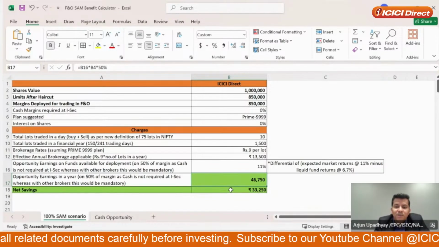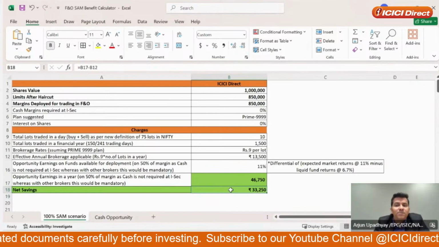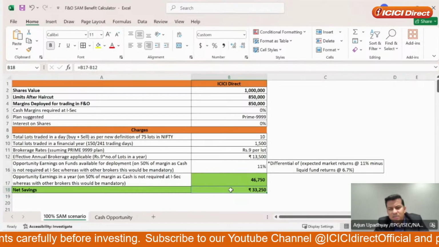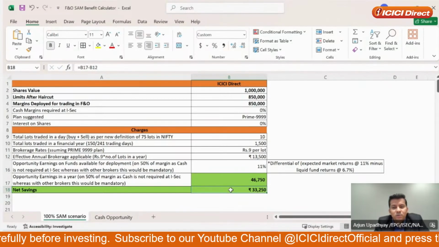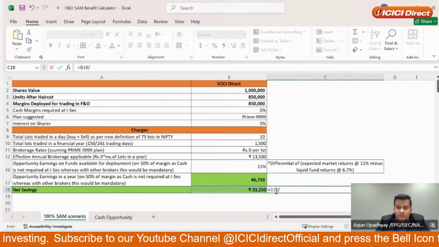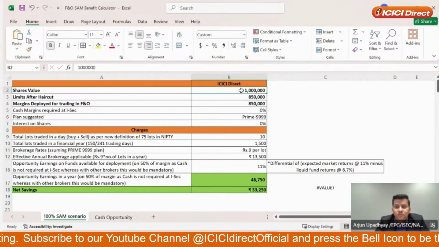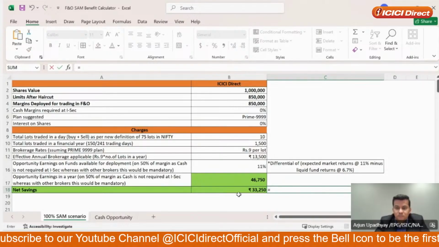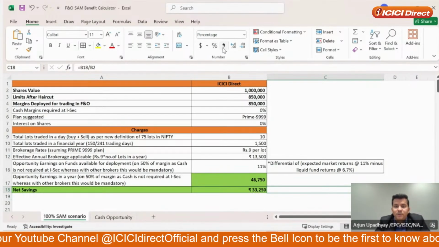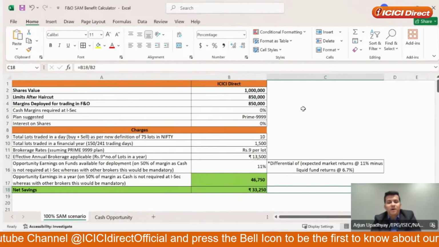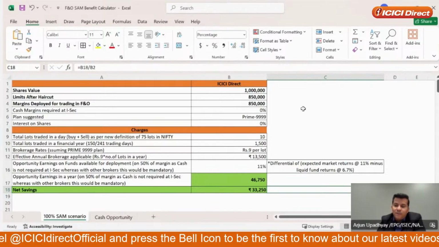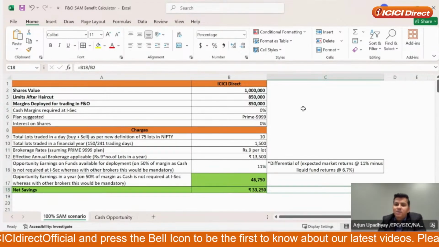So my opportunity money saved, the actual money I saved by having my cash with me against the brokerage I paid to ISEC, you can see the benefit. I got 33,000 rupees benefited, and this is compared to all other brokers in the market, right? And this is not more of a comparison; it's in general a call out. And that 33,000 to 10 lakhs is 3.3%, right? So, and let me do this for you. Yeah, so it comes to roughly 3.3%. So this is the benefit. This is the power that comes to you when your cash is unlocked, and against the shares, there's no interest charged to you. So to summarize, what did we discuss as an FNO trader?